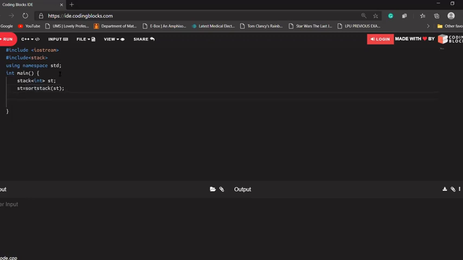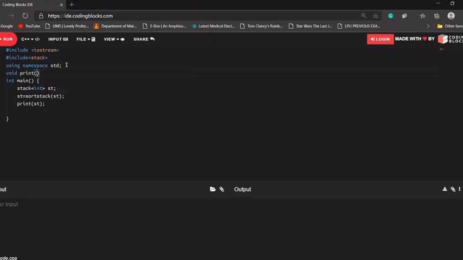Okay, so what I have to do after that, I'll design a function print. It will take st as an argument, and it will print our stack. Let's quickly design our print function first.